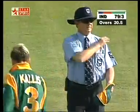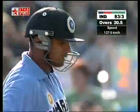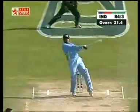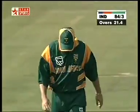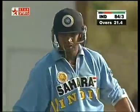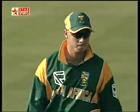And that's a lovely shot from Dravid. He's done well to beat that man in the deep. And a boundary there to end the over. Oh! What was that? Straight in and out. You don't see that too often. Now, the last time he dropped a catch like that...